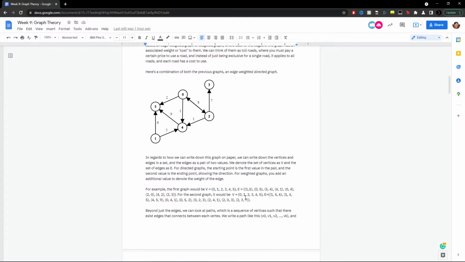And the edges would be: an edge from 1 to 5, or 5 to 1, since this is undirected, 0 to 5, 5 to 4, 4 to 1, 0 to 4, 2 to 0, 4 to 2, and 2 to 3. Alright? For the second graph, it would be 0, 1, 2, 3, 4, 5 for the vertices, since they're the same number of vertices. But for edges,